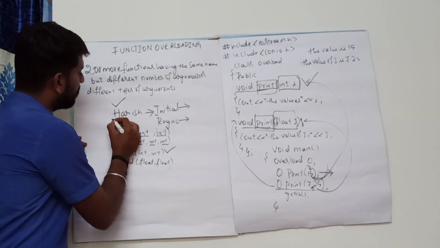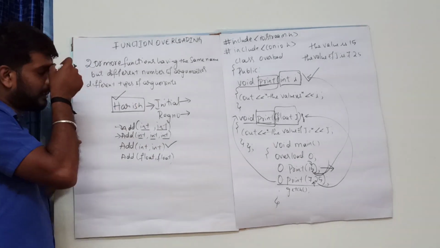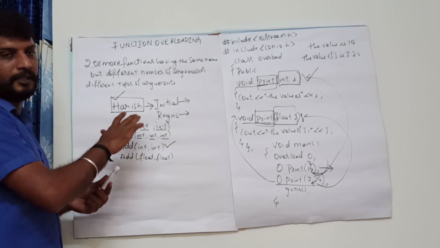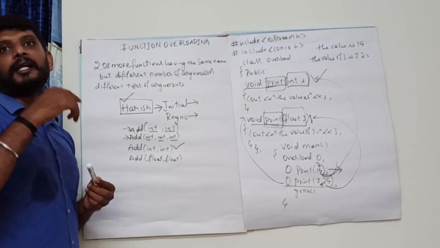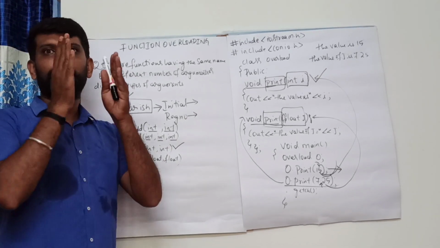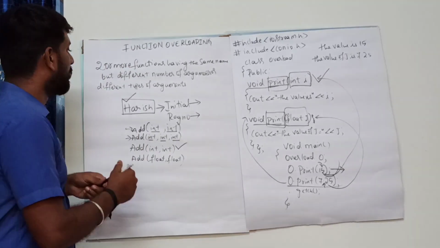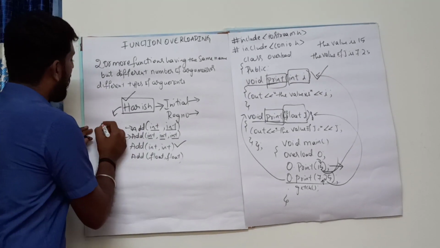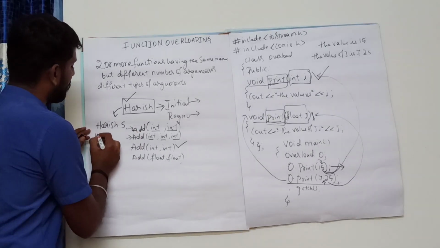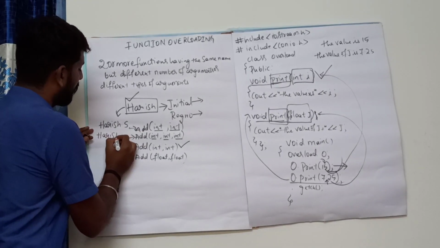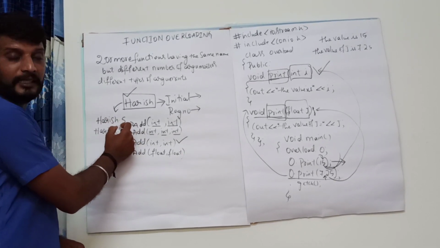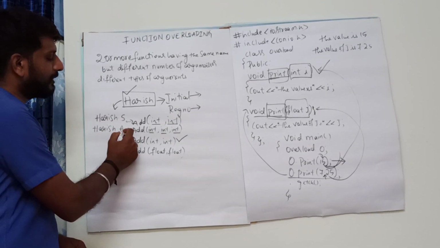See, again I will explain the thing. There are two students with the same name, that is called Arish. So when I just call Arish, there will be a confusion between those two students, as to which particular Arish I am referring to. So next, I will call the student with his initial. Arish S, Arish A. So the first student initial is S and the second student initial is A.